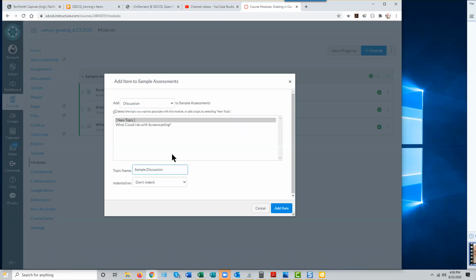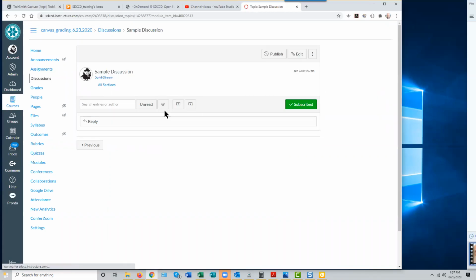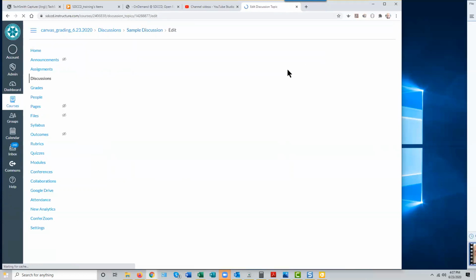I have a real problem with dragging on the shift key, sorry. My mother told me to learn how to type. And then we just add the item to the module, and that creates the discussion and names it. But it's a blank discussion, a shell of a discussion. So we click on the name of what we've just created, and we go to the page for the discussion, and there's an edit button. So this is where we make decisions like, is this going to be gradable or not? If I click edit,